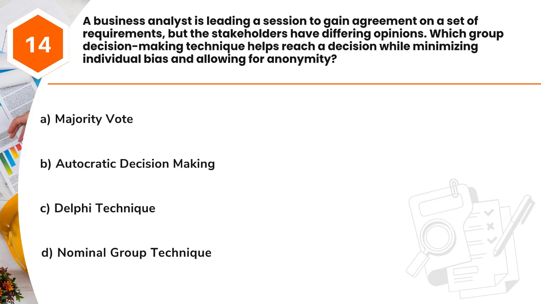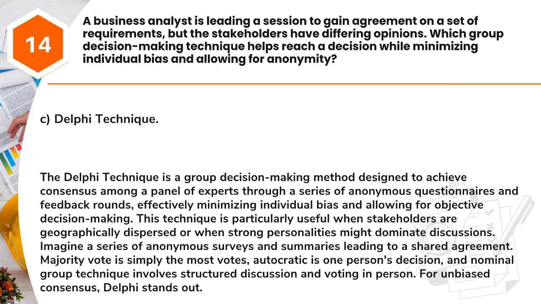Question 14. A business analyst is leading a session to gain agreement on a set of requirements, but the stakeholders have differing opinions. Which group decision-making technique helps reach a decision while minimizing individual bias and allowing for anonymity? A. Majority vote. B. Autocratic decision-making. C. Delphi technique. D. Nominal group technique. Answer: C. Delphi technique. The Delphi technique is a group decision-making method designed to achieve consensus among a panel of